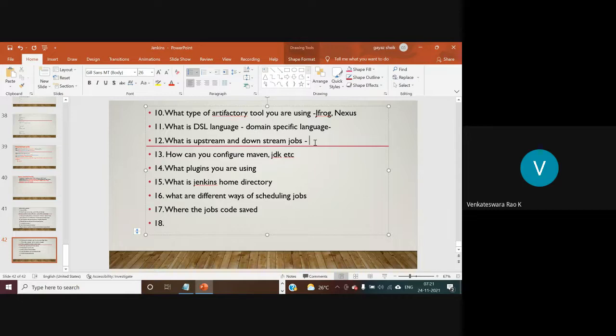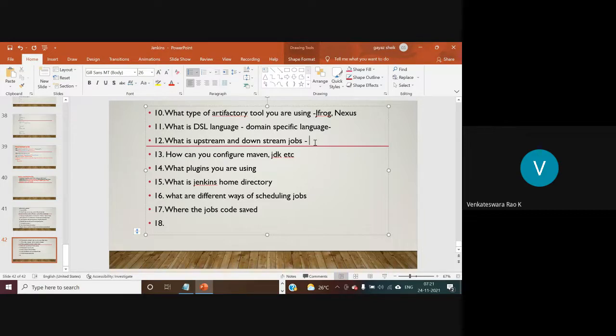Project 2 becomes the upstream job for project 3. Similarly, project 2 becomes a downstream job for project 1, and project 3 becomes a downstream job for project 2. Like that we are going to configure the pipeline. So while configuring the pipeline, we have to configure upstream and downstream jobs.